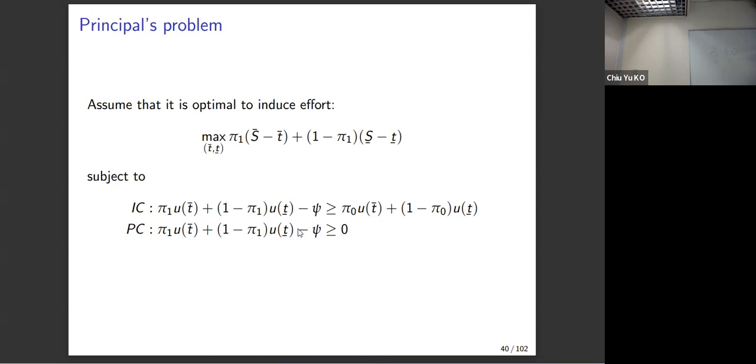Suppose this is not zero, strictly bigger than 0, then I can always reduce